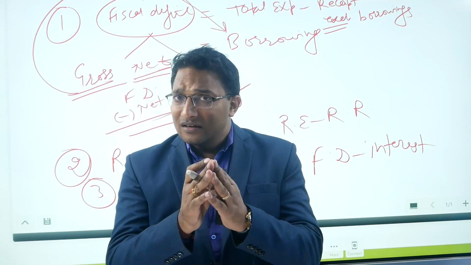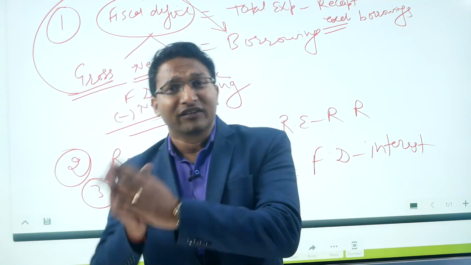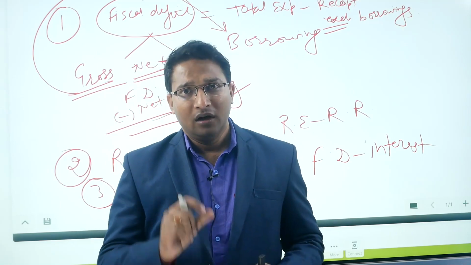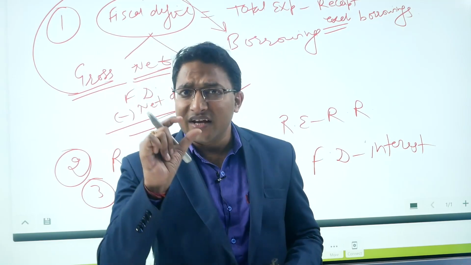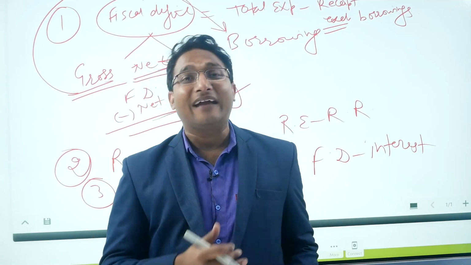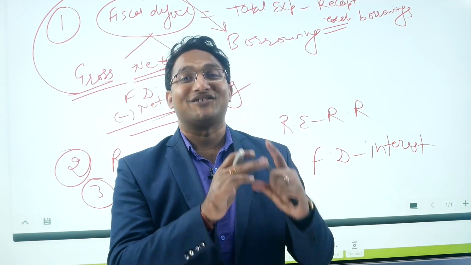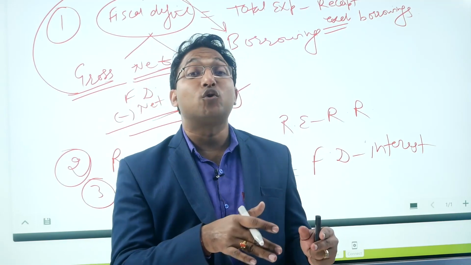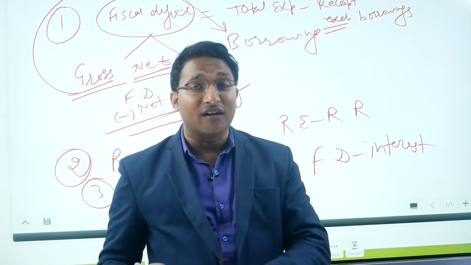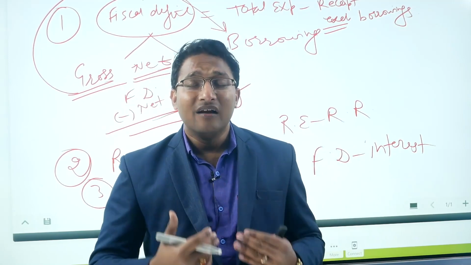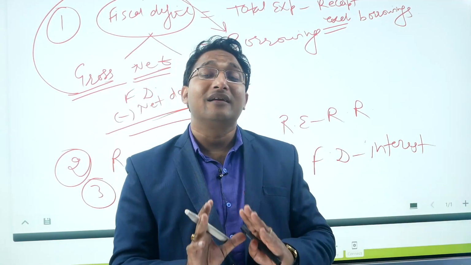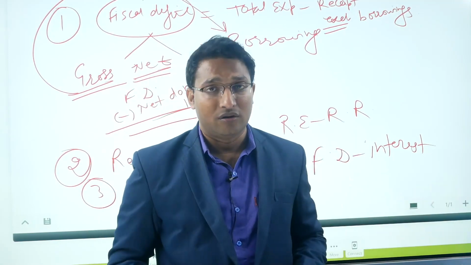Deficit basically means borrowing, loan of the government. The loan which the government has taken, we call it deficit. If the government has taken the loan, it has to repay the loan. So the first impact is upon the future generation. Our children have to repay the loan by paying extra taxes to the government. So the government will collect extra tax from our children, and then it will be able to repay the loan.